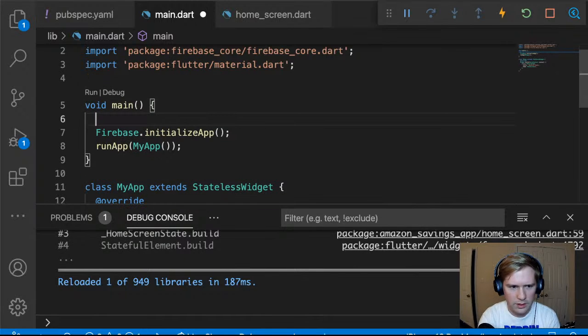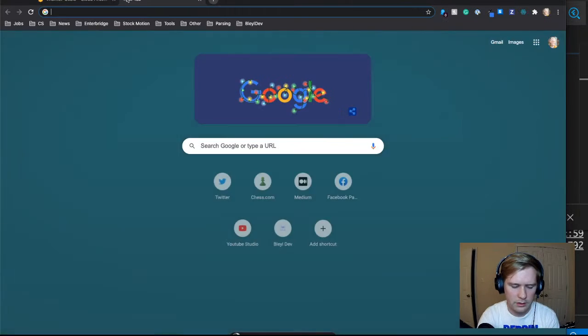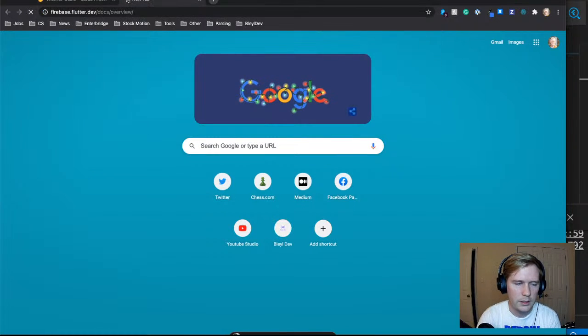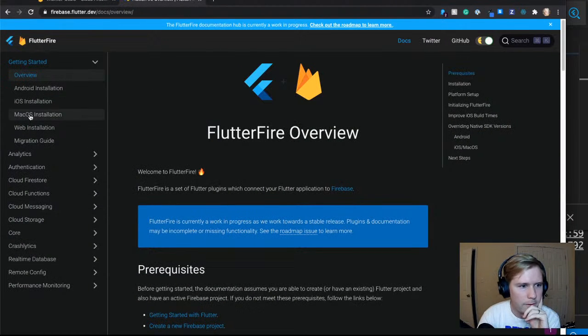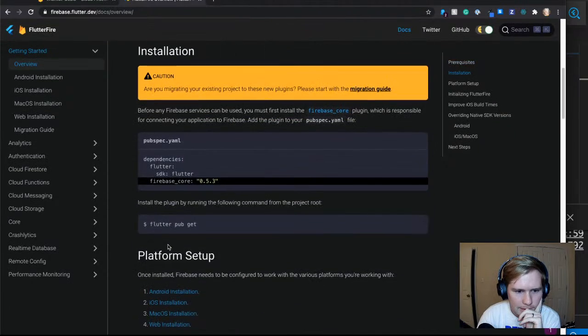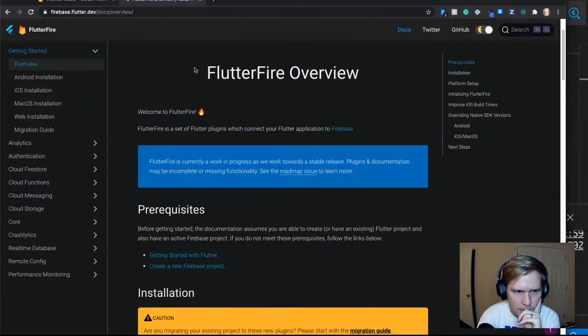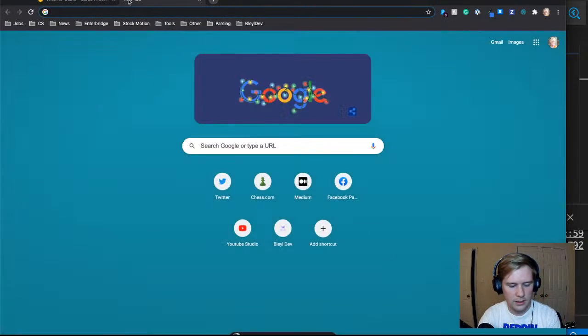I think there's one more thing I need to override. What is it called? I need to override something. What is that? It's like